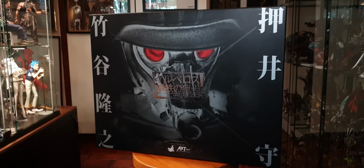So yeah, this is the very first Hot Toy I ever got back in 2016, 17, but I'm pretty sure I'm wrong. Let's just say I got this in 2018. I got this guy for a super low price, mint in box, never opened. I asked the seller why he was selling it. I think his store was going under or something, and he just wanted to get rid of his stock, so